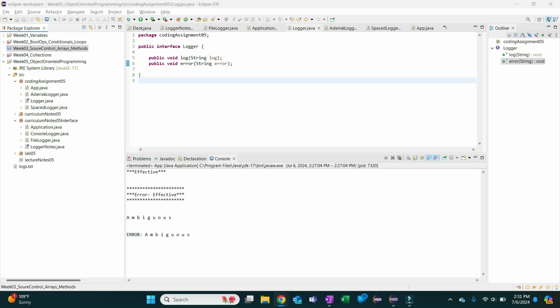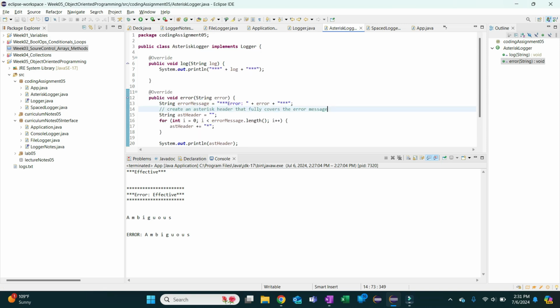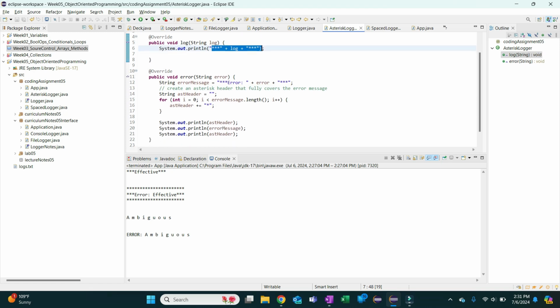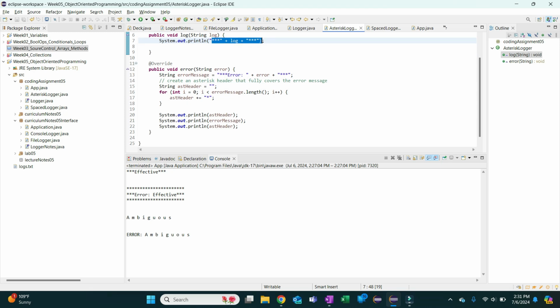Okay, so here's our video for week 5 coding assignment. We start with creating the interface logger, adding the log and error public voids. From there, we go ahead and implement the asterisk logger, which takes the log and adds 3 asterisks to either side of it and prints it to the console. And then the error message, which adds the error with a colon and then the 3 asterisks